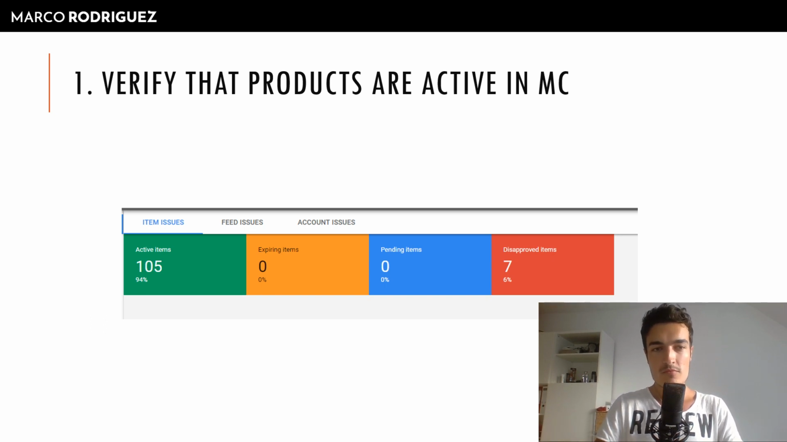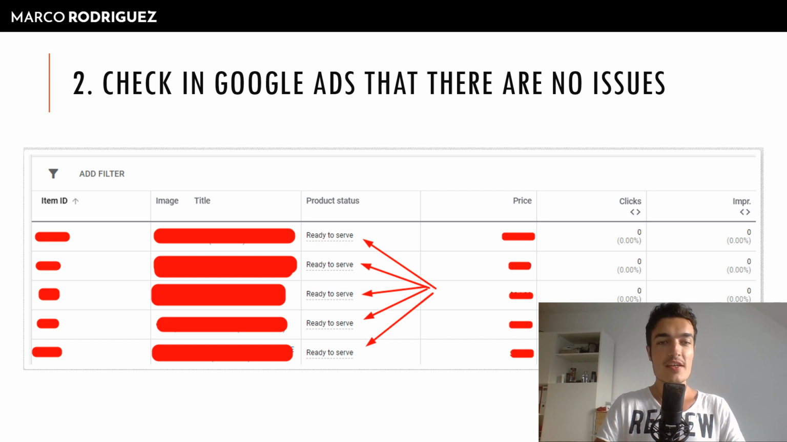The second step is to check in Google Ads itself that there are no issues. So if you go into your product groups right here, you see that the product status here says ready to serve. If you click on your shopping campaign and then you click on product or product groups on the left hand side, you will see for these individual products if there is an issue or not, right? Ready to serve or why it may not be ready to serve. And this is pretty intuitive and pretty self-explanatory, but chances are that there is something hidden that you did miss at some point. So make sure to double check, very easy,